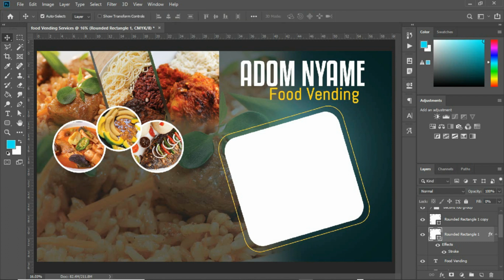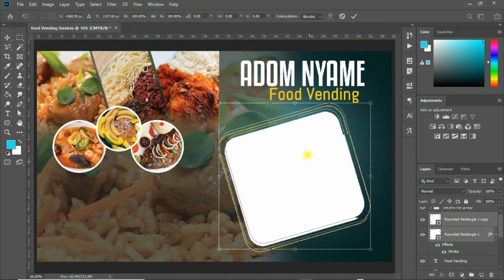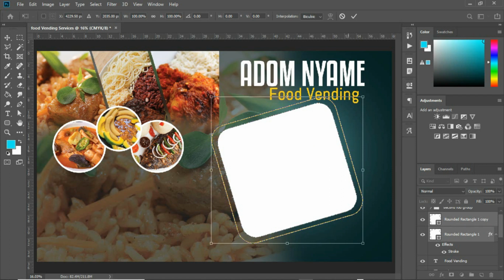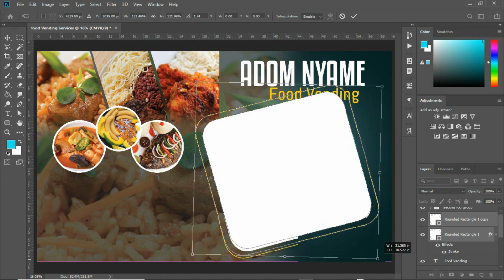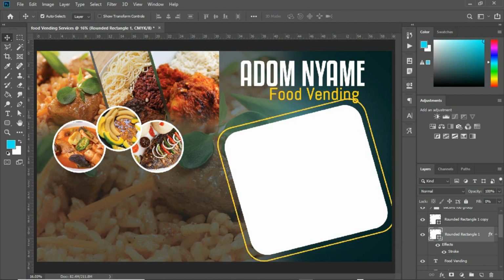So basically, that was what I'd wanted to do. Control T, we can choose to either increase or decrease based on how you want things to be done. So everything is up to you. Now that we have a platform where we can list down our menu items, what I'm going to do